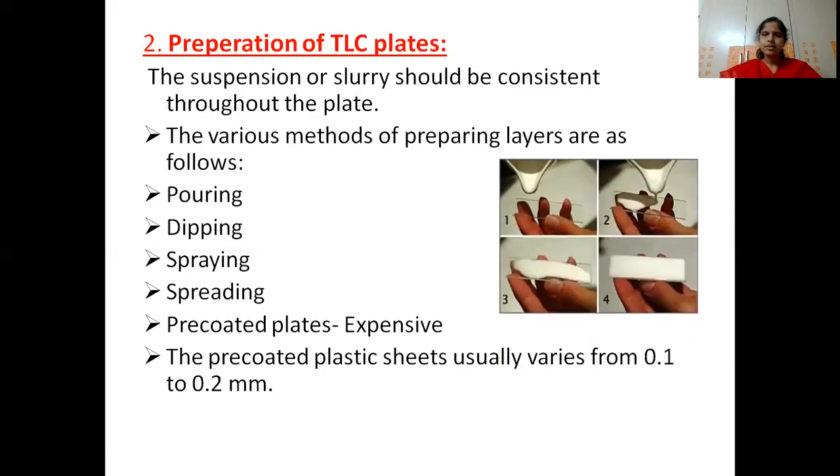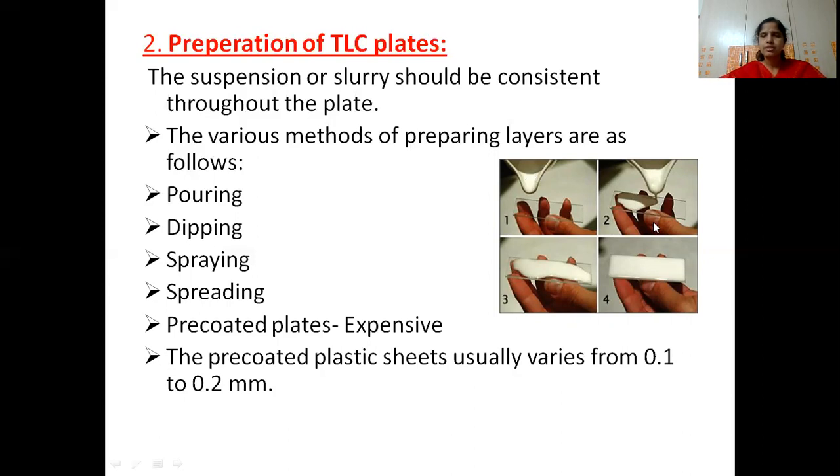In this picture, you can see one example where this is the slurry, which is white in color. Slurry is nothing but the silica gel. Suppose we are taking silica gel as the adsorbent, silica gel G, it will be written as silica gel G, that is capital G. The G stands for gypsum, which is acting as a binder. That powder is taken, and to that we have to add chloroform and methanol in equal ratios, so that we prepare a slurry in this consistency.